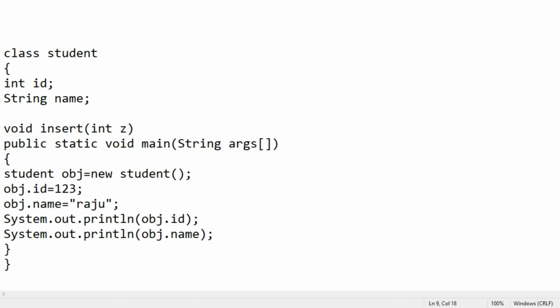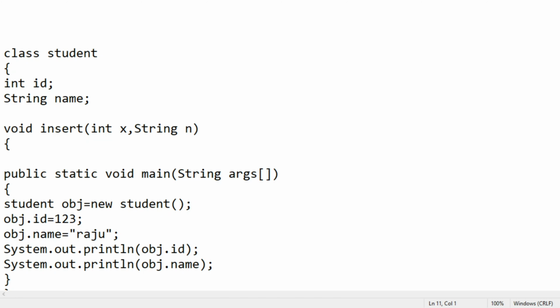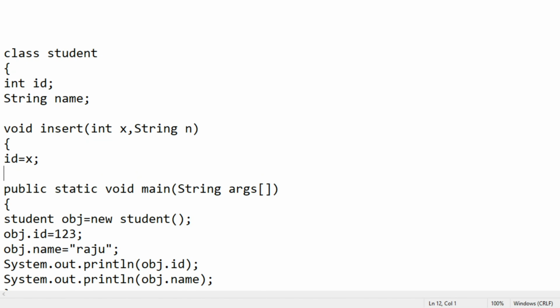Here I use void insert, and in that insert method I use int x for the ID number and String n for the name. In this void insert method, I have to assign the ID and the name: id equals x and name equals n.